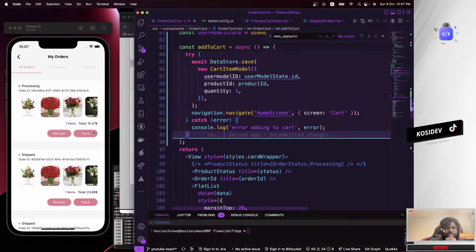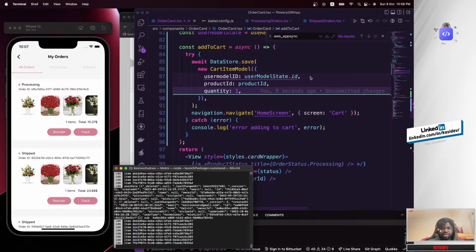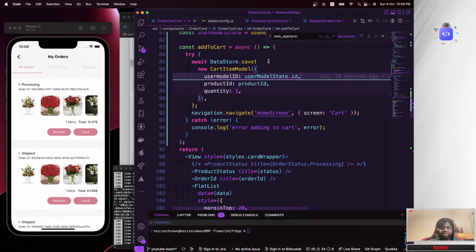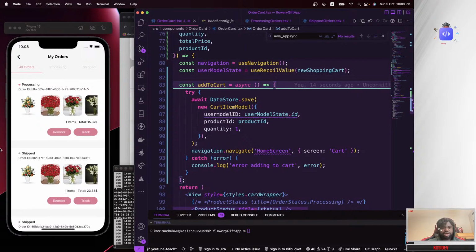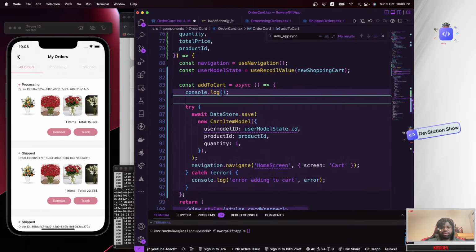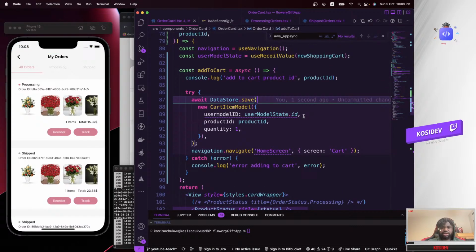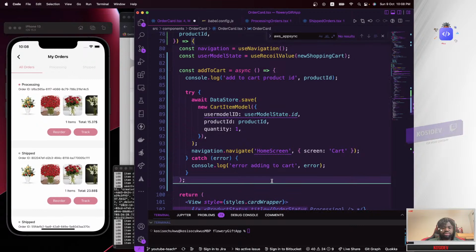Okay, let's give it a try. So let's try any of these products. Before we try this, I will still need to console log the product ID to make sure that we are actually adding this particular product to the cart. So I will say log, I'm going to call that add to cart product ID. Yeah, that's cool. So go ahead and save this, and let's give this a try right now. So try reorder,